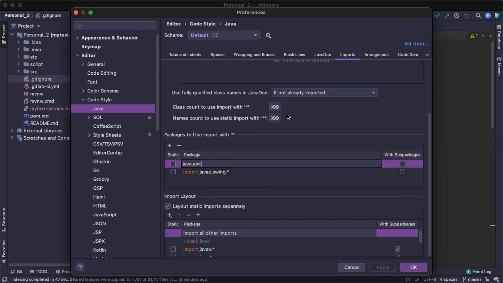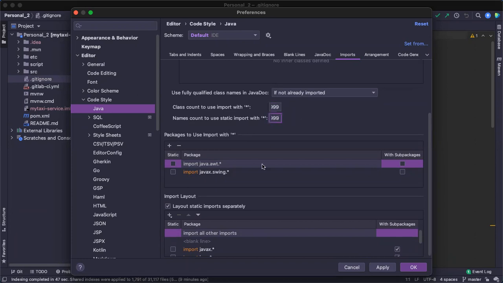So you have to change this. Since everyone is using Eclipse, we have to change these settings. By default it comes with 3 and 5, which means more than 3 files, it will put the star like this. So what I did, I just changed it to 999, like a lot of nines.